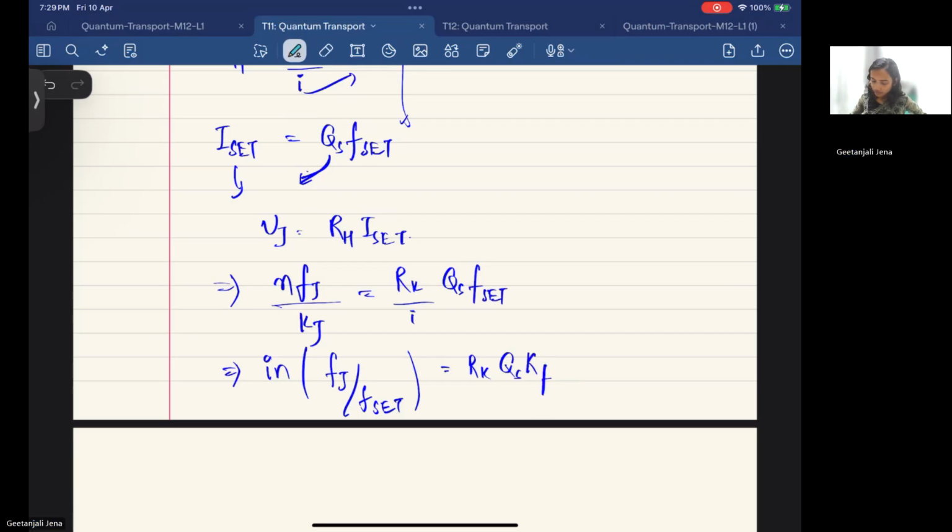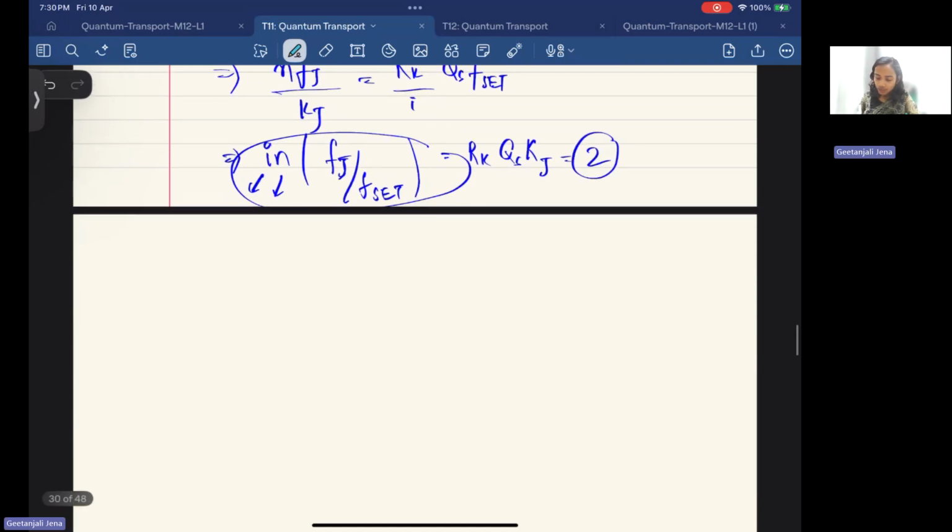KJ. This should be equal to 2. So I is the plateau region in the resistance of the quantum Hall experiment, and N is the Shapiro step that we are considering, and Fj by Fsc it is the ratio, and this multiplication should give a value of 2. So now if we put this, we have it's already given